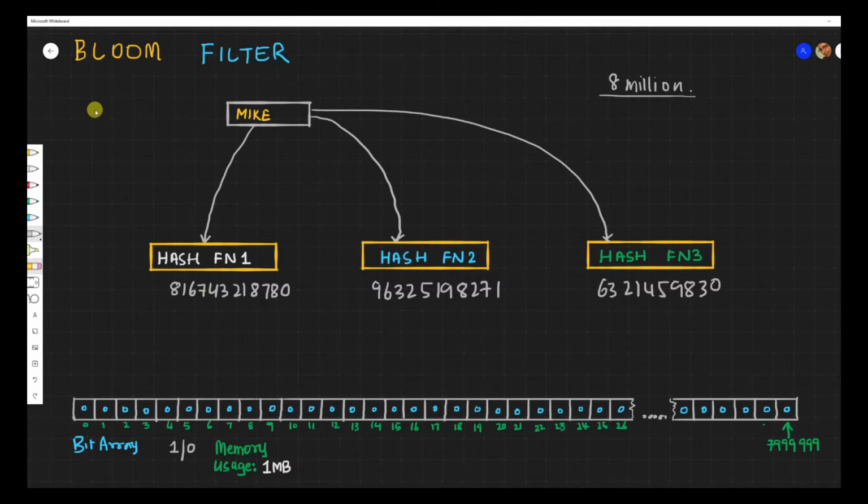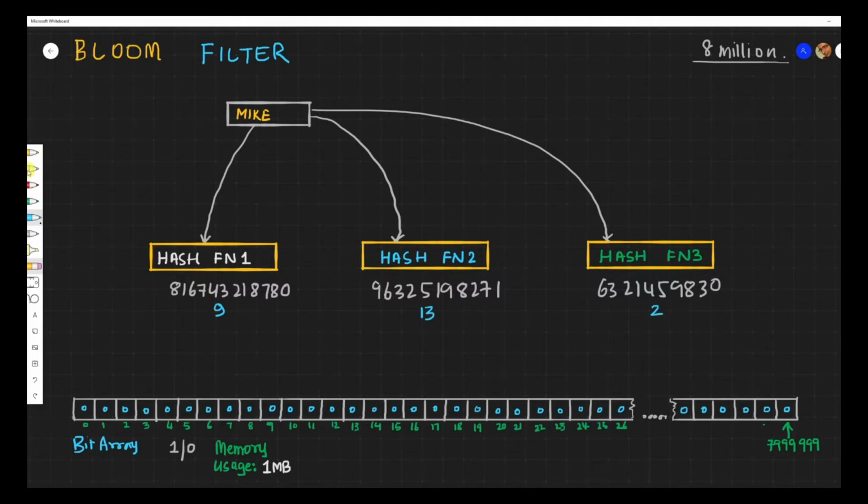So we are going to do a mod, and we are going to go to those locations and check what is the bit value stored over there. For the simplicity of understanding, let's take some smaller numbers, and let's say that we have our bucket till, say, 20, right? So let's ignore this for the time being. Let's assume this has produced a number 9, this has produced a number 13, and this has produced a number 2.